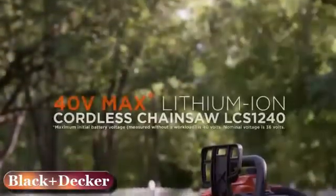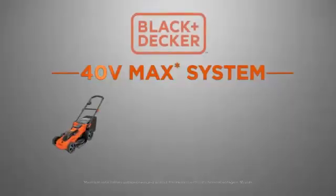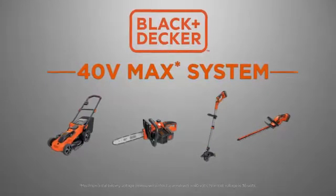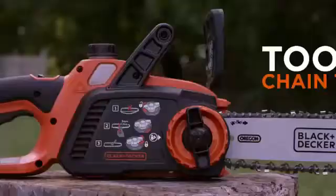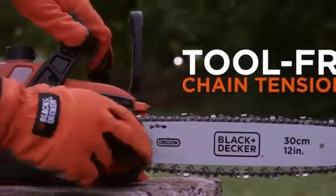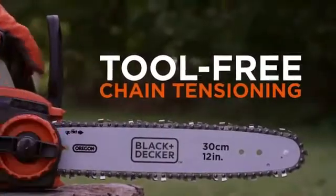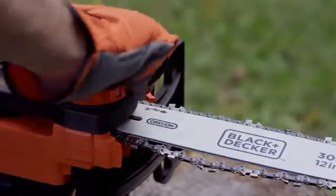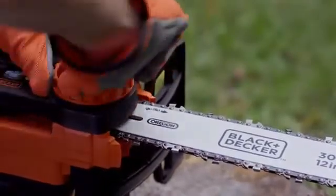Introducing the new 40V Max Lithium-Ion Cordless Chainsaw, part of the 40V Max Cordless family of lithium-ion battery-powered products from Black+Decker. These products kick gas. You'll appreciate the convenience of the tool-free chain tension feature for quick and easy chain adjustments during the job. Simply rotate the inner dial to unlock the bar, and turn the outer dial to adjust the chain's tension for